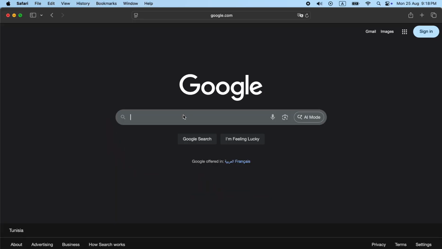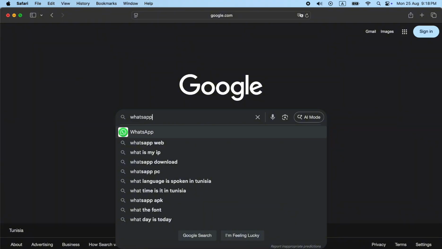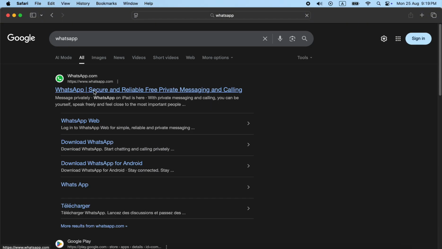In today's video, I'll show you step-by-step how to download and install WhatsApp on your Mac. Whether you're using macOS Ventura, Monterey, or the latest update, this guide will get you up and running in just a few minutes. First, open your browser and go to the official WhatsApp website at